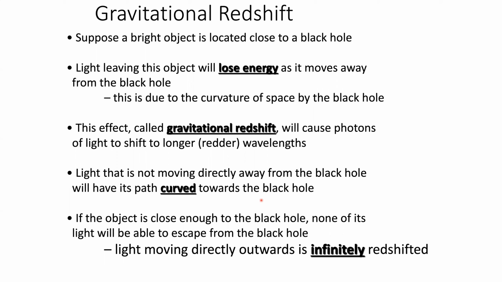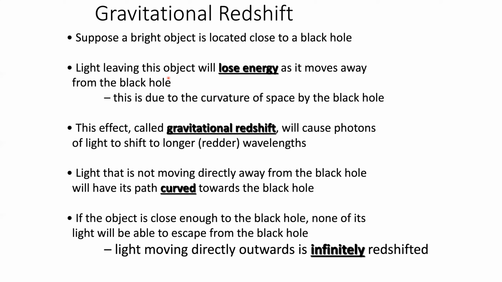So this particular object can curve the space, right? And so what will happen is the light that leaves an object will lose some energy because of this particular effect, and this is called gravitational redshift,